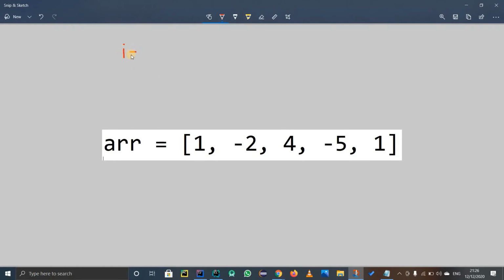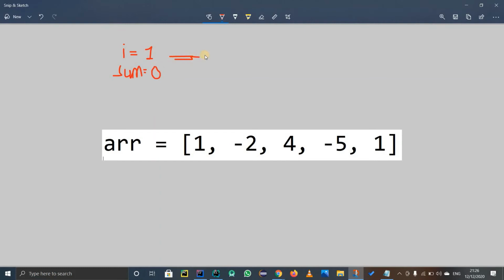Say i. So first of all, i and j, right? The outer for loop has i and the inner for loop has j. So for the inner for loop, when i is equal to 1, sum is obviously going to be 0. I'm writing with a mouse, so my handwriting is pretty bad, but I hope you understand. So for now, the sum is 0.